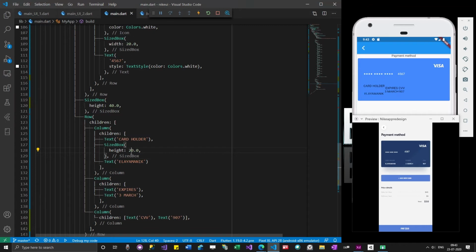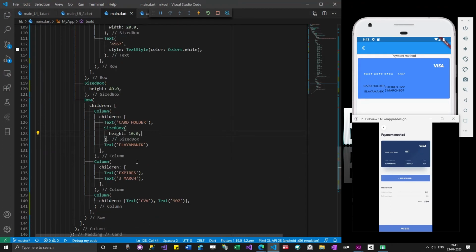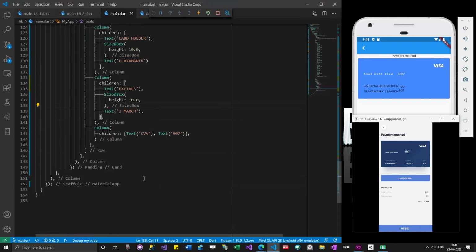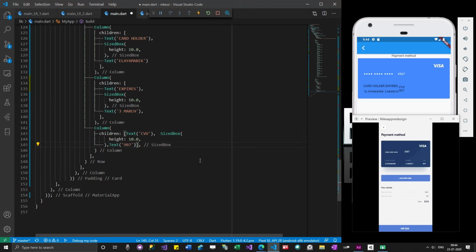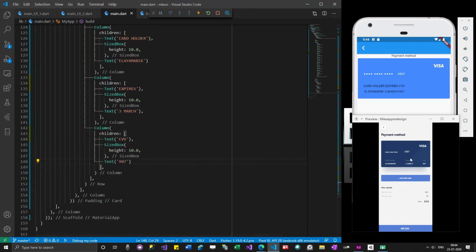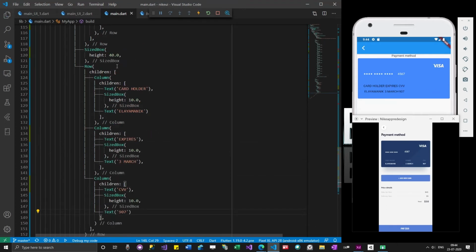Let it be 15. Also not good. Okay, 14 I have given. Okay, 10. 10 looks much better. So for everything I have to add some space. Okay, so let me spread them evenly.